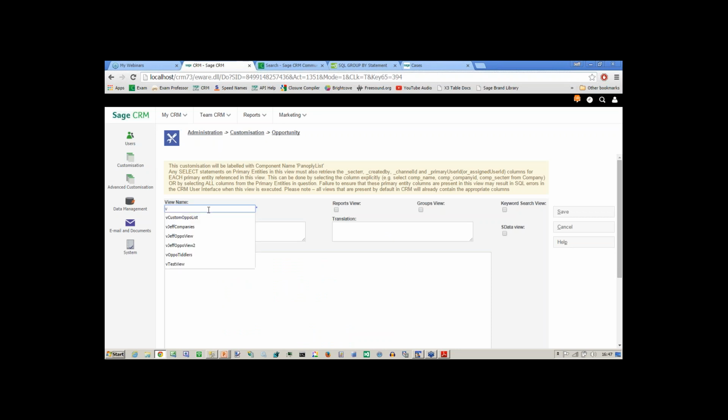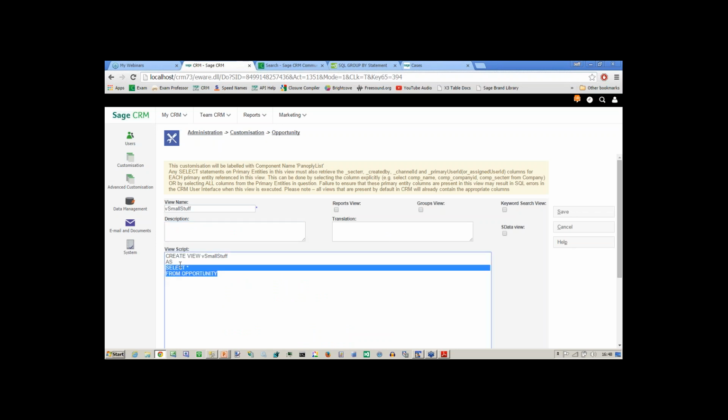So I'm going to call this small stuff, and you can see that it started to build the query definition language which would create the underlying view. Now we don't actually run that directly ourselves, we get CRM to do that, but I need to get the SQL statement right. So I can bring across the SQL statement that I used, and you can see that I've pasted this in. Now if I just compare the two bits, the originating one, you can see is written all